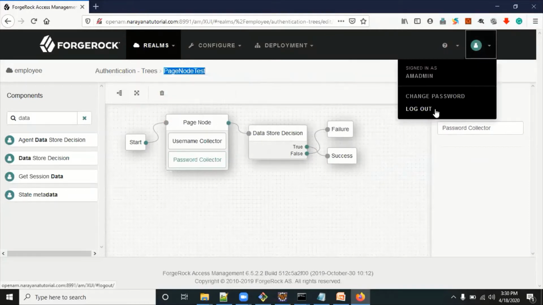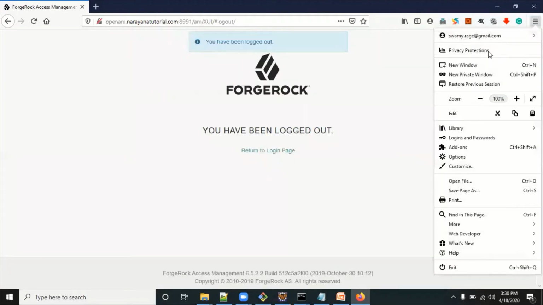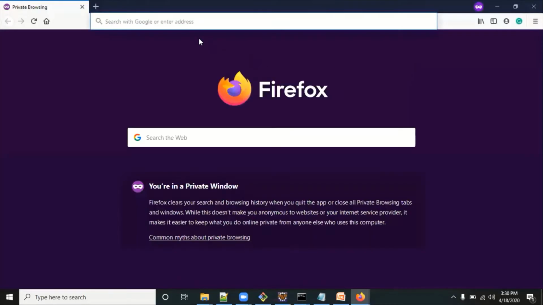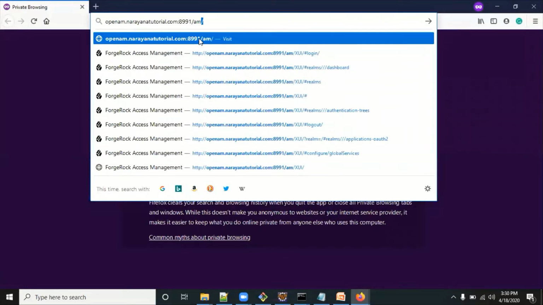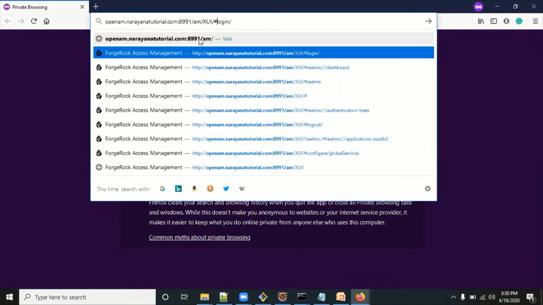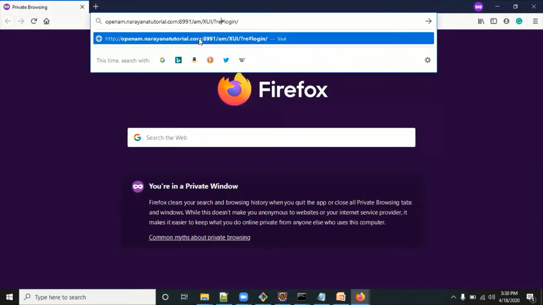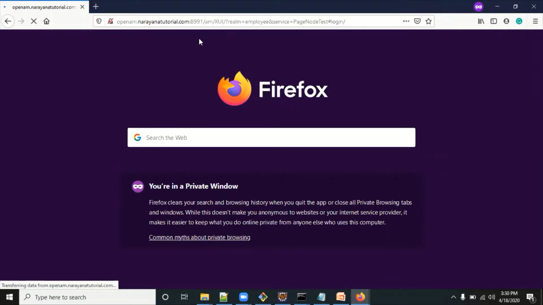So click on logout, open a new private window, open the URL of AM. So here we have to enter realm equal to employee ampersand service equal to our page node test. Enter.